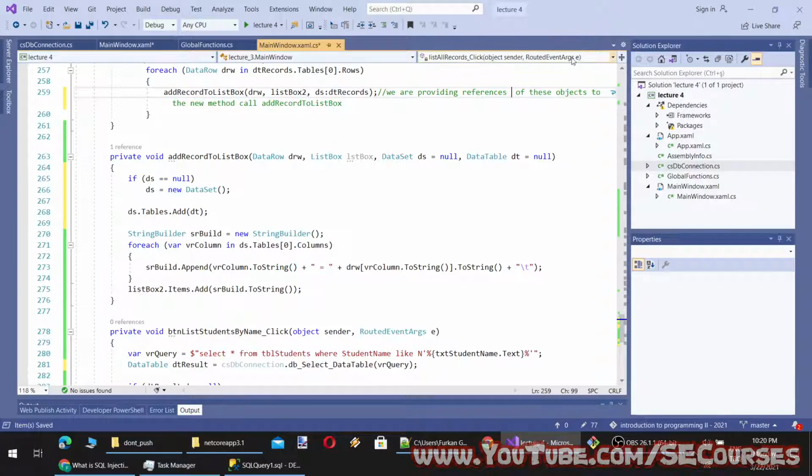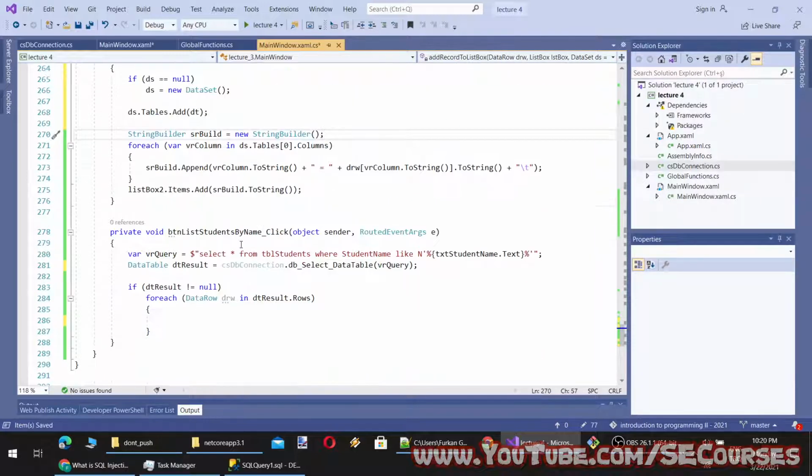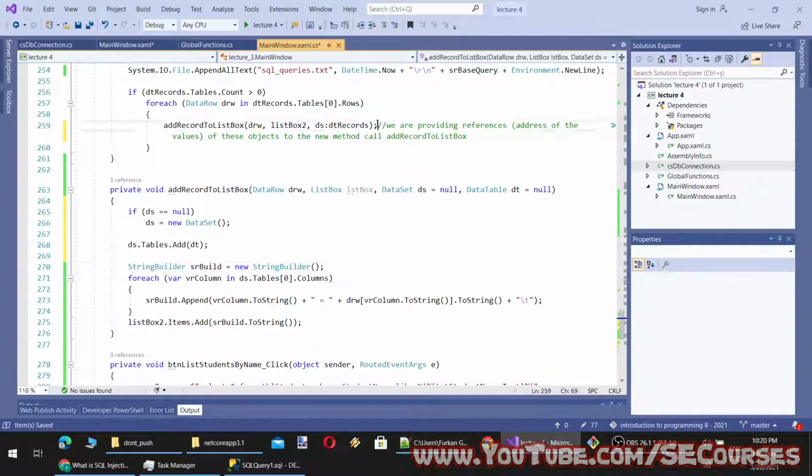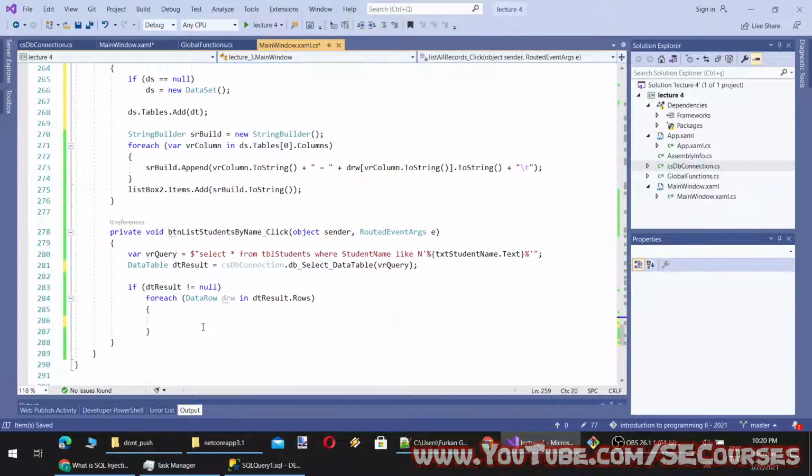And references are addresses of the values, we can say that. Okay, now we will do the same call here. However, this time we will provide dt and we will provide this one.